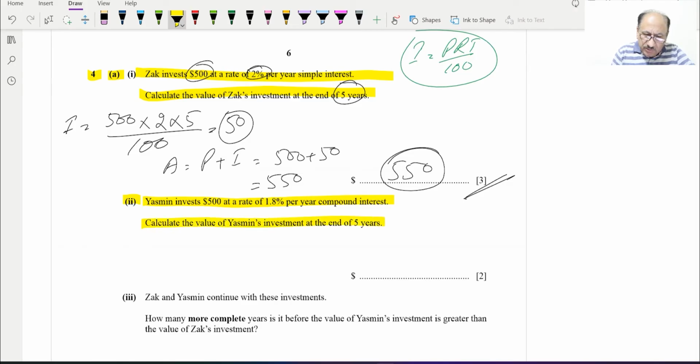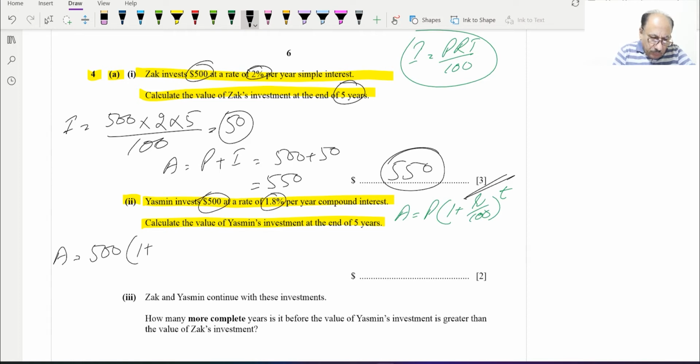Calculate the value of Yasmin's investment at the end of 5 years. So compound interest formula, you know, is A is equal to P, principal amount, into 1 plus rate over 100 raised to the power time duration, and this one we'll be replacing values. 500 is the principal amount into 1 plus rate is 1.8 over 100, to the power of time duration is 5 years, and this is equal to